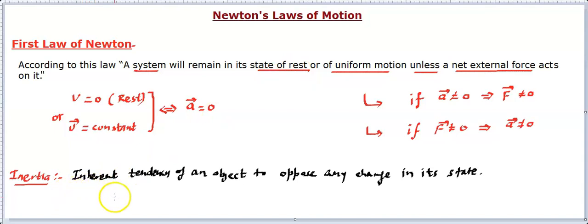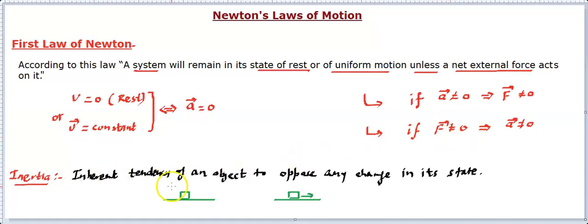And that also means if it is at rest, it will not start moving on its own. No, it cannot move on its own. This is because of inertia. And if an object is moving, it cannot stop itself on its own. To stop it, you need to apply some retarding force or deceleration, just like to move it, you need to apply some acceleration. So that means acceleration and deceleration have to come from outside. And in order to bring about that acceleration and deceleration, you need to have a force. That means if acceleration is non-zero, force should be applied on it, right?